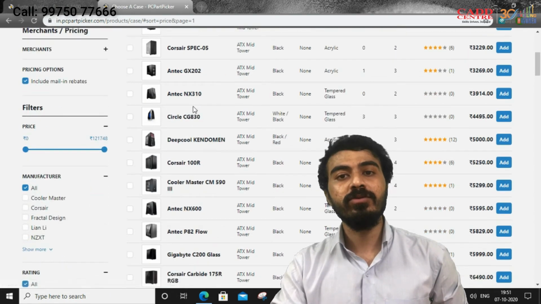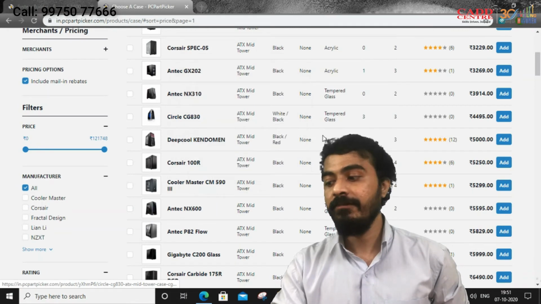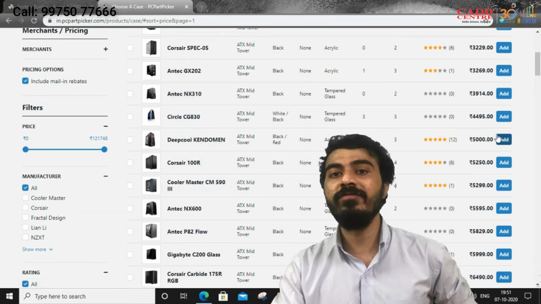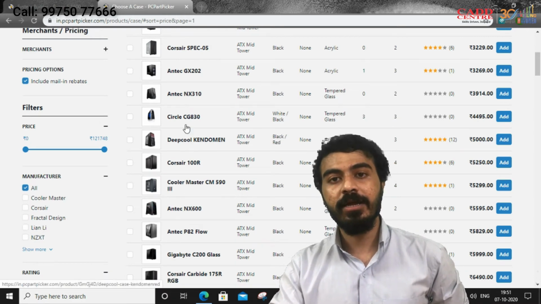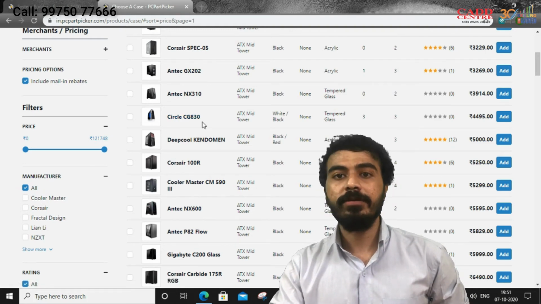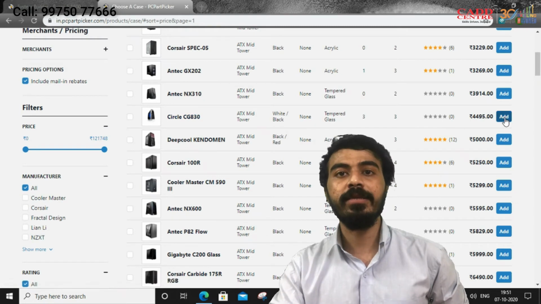So I am going to choose the circle casing, which will cost you around 4,500. Correct. So I am going to choose the circle casing to mount the components. Okay, then just click add on the circle case.